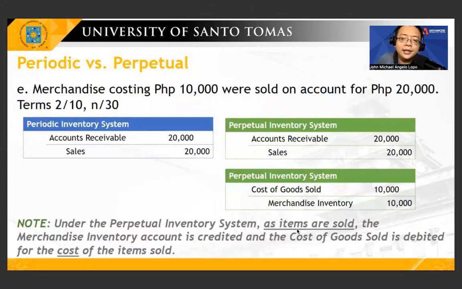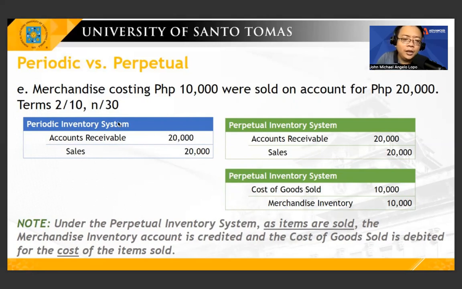Also in selling, diba? Ito naman yung periodic, class, no? Accounts receivable, same lang naman siya. Pero in the perpetual inventory system, you are required to record your cost of goods sold, debit, and credit merchandise inventory. Why? Because in the perpetual inventory system, you record everything, while in the periodic inventory system, you are not required to do this one. Why? Because in the periodic inventory system, you are required to conduct a physical inventory count. Note, again, periodic, kailangan mo magbilang at the end of the month.